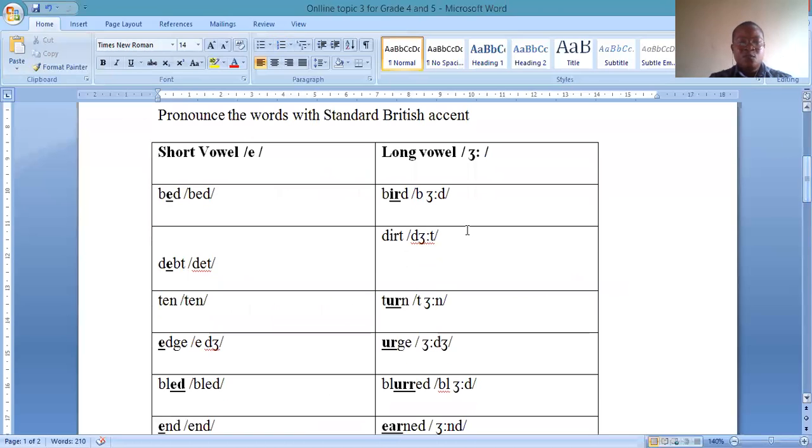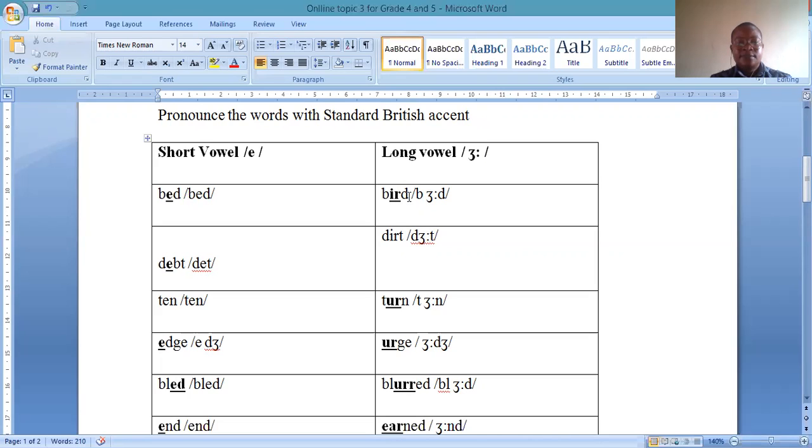Now I'm going to be pronouncing one of each so that you can know the difference between the pronunciations of both words. Now also remember that in Nigerian English, these words are pronounced the same, but they are not the same in standard British English. So we're going to learn how to say them correctly. And please try to repeat after me when I pronounce the word. Let's start. Bed,